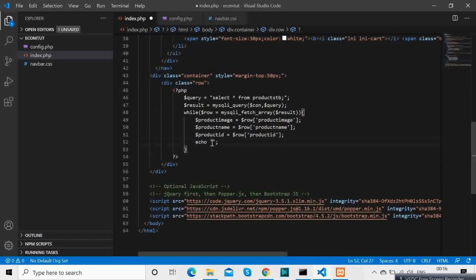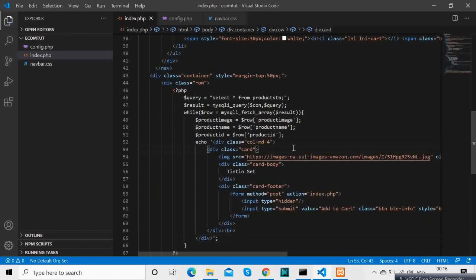But now let's get back to this e-commerce website. Basically, right now we are fetching all the records from the products table, and we have cut our UI from the HTML and placed it inside this echo, so that it will loop and populate those products from the product table.